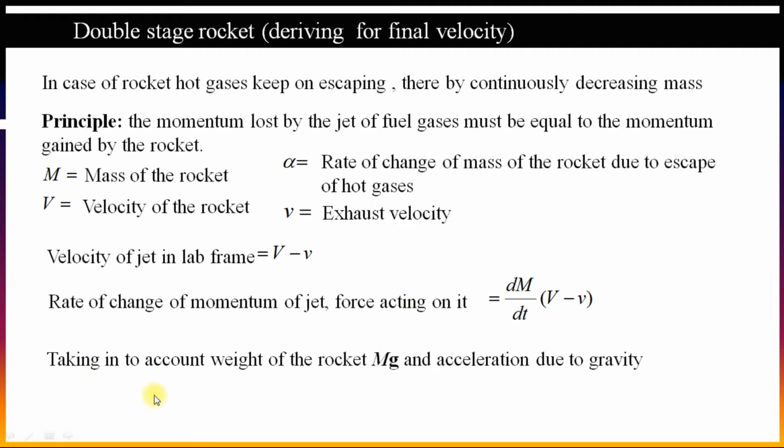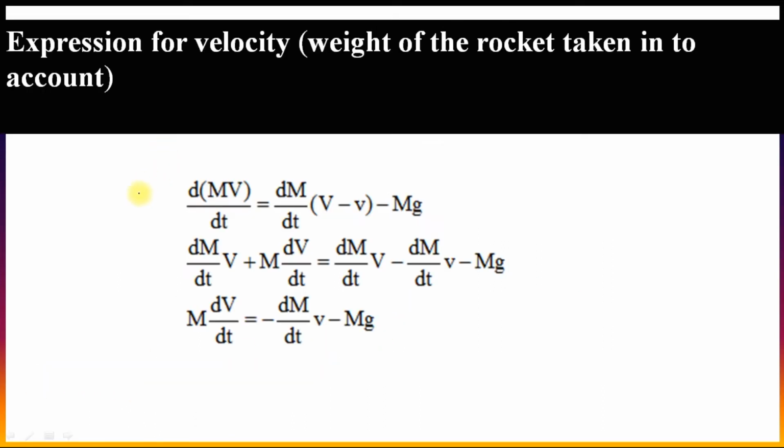So we are taking into account the weight of the rocket. We can write the expression by taking into account the weight of the rocket. We have used the product formula, and here also we have written this as dm by dt into v minus v into dm by dt minus mg. So this is rewritten, and then on cancelling the terms,